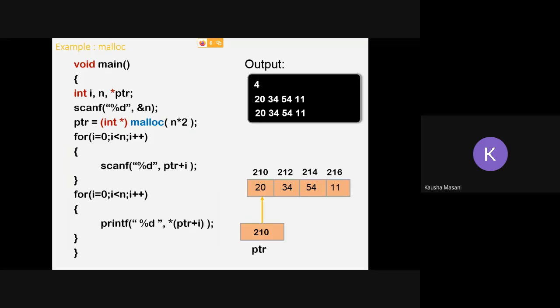Is there any problem in this program? I'm not saying whether it is an error or some logical mistake, because I'm getting correct output for my given input. So it is not that kind of a mistake, but there is some issue. Just observe the program. Do you find that minor issue?